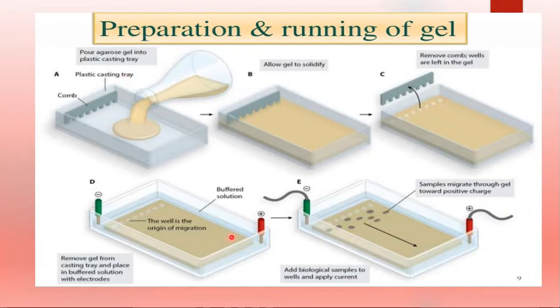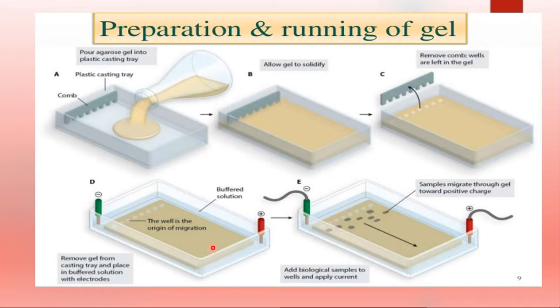See here the preparation of the agarose gel. So here is a chamber and this is a comb, which is used to make the wells in the gel, isn't it? So now you are going to have the preparation of your agarose gel, and it is going to be poured in the tray that we have taken. Okay, now this is a comb, as I already told you. Now we have to allow the gel to solidify. So once it gets solidified, you are supposed to remove the comb, and now you are able to see the wells that are formed in this one, isn't it?